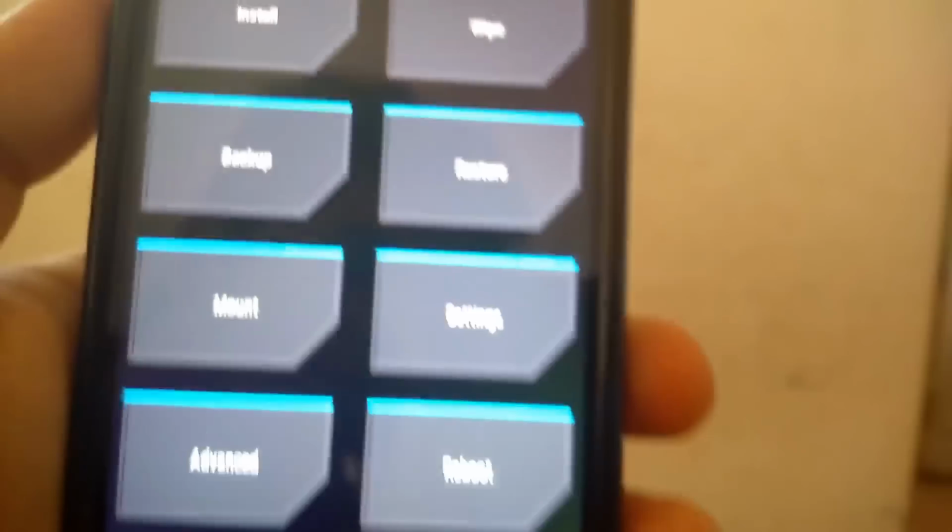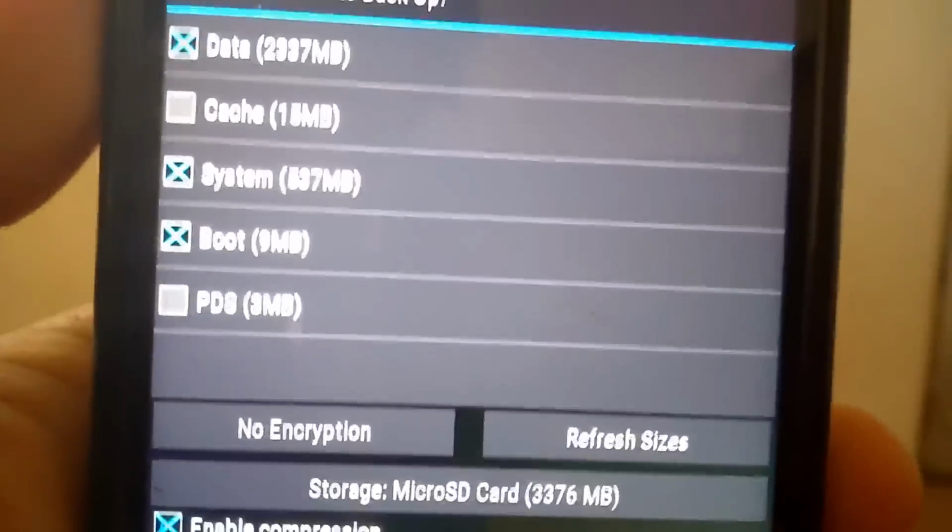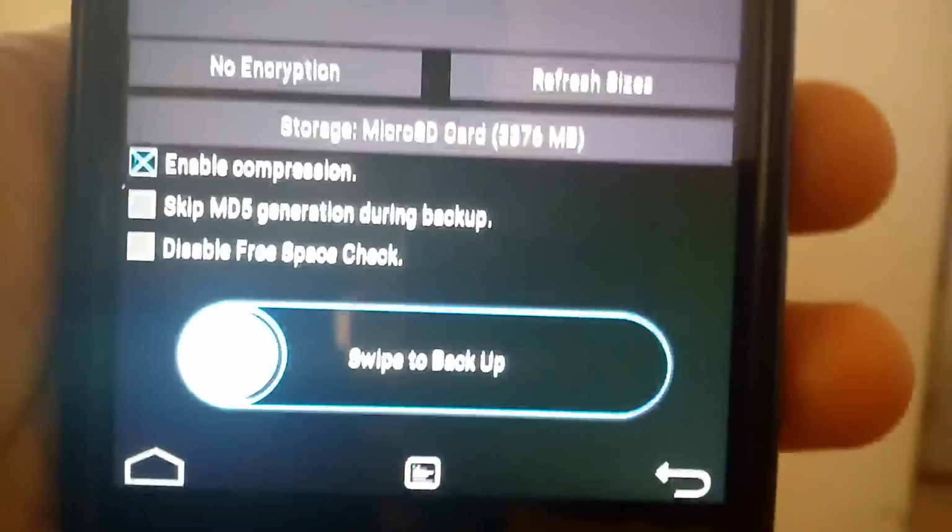Now, first of all, before flashing the ROM, you must take a backup, selecting these three options and swiping to take a backup. I have already taken a backup, so I will not do it right now.